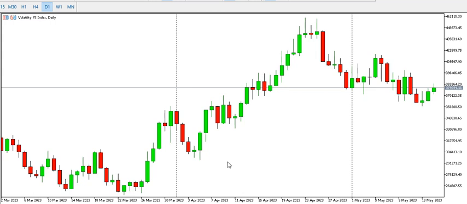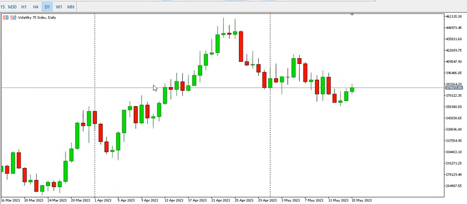Today we'll be looking at how we can scalp volatility 75 index and step index on the lower time frames. But before we go to the lower time frames, we'll take a quick look at what has happened on the higher time frames. On the higher time frames for V75 index, we can see that